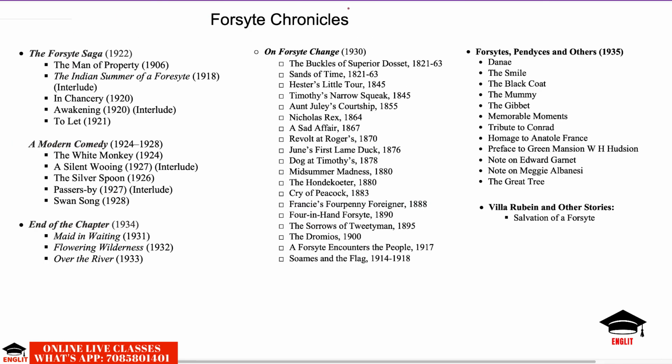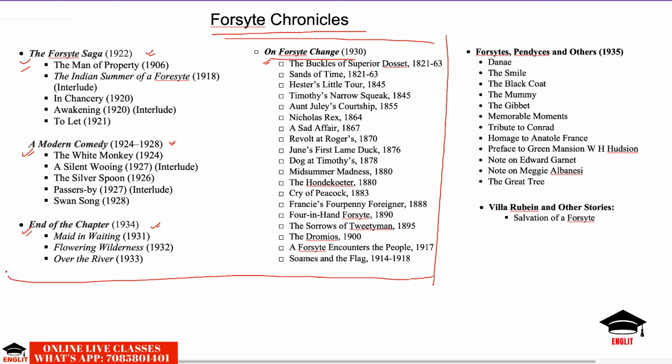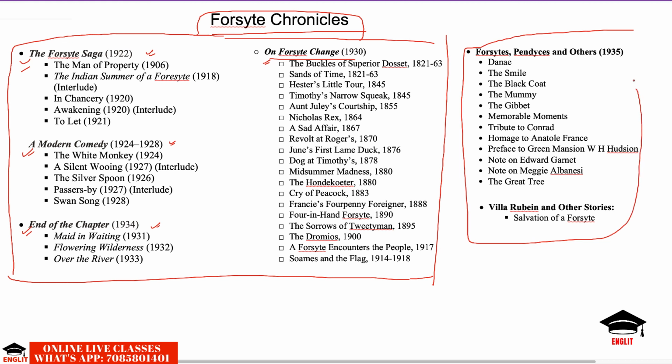फोरसाइट क्रॉनिकल्स में क्या क्या चीज़ है? तो फोरसाइट क्रॉनिकल्स में जैसे पहले बताया था अभी, फोरसाइट सागा सीरीज, वो ट्रायोलॉजी, मॉडर्न कॉमेडी ट्रायोलॉजी एंड दिस लास्ट कंक्लूडिंग ट्रायोलॉजी, ये सब इम्पॉर्टेंटली. एंड देन फोरसाइट चेंज. पर्टिकुलरली दिस फोरसाइट सागा सीरीज, दिस सेकेंड सीक्वल, दिस फर्स्ट सीक्वल, दिस सेकेंड सीक्वल एंड दिस इन बिटवीन शॉर्ट स्टोरी कलेक्शन, ये तो सारी एग्जैक्टली आपके फोरसाइट क्रॉनिकल को बनाती हैं. इन सब को कलेक्टिवली क्या कहते हैं? फोरसाइट क्रॉनिकल्स.